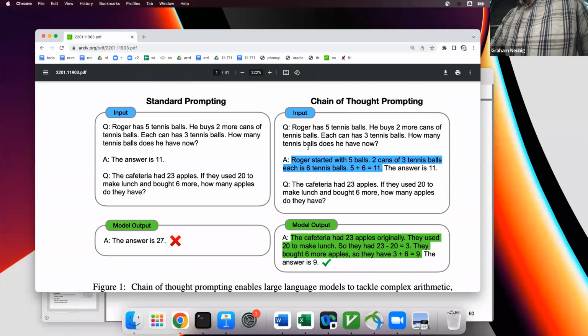Basically, instead of taking a question and giving the answer directly, it takes the question and then adds the reasoning process that the model went through in order to get the answer.